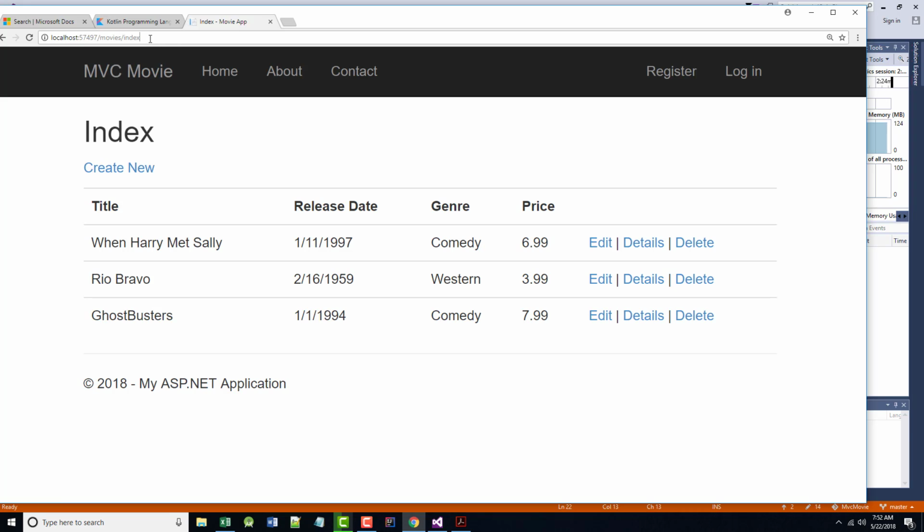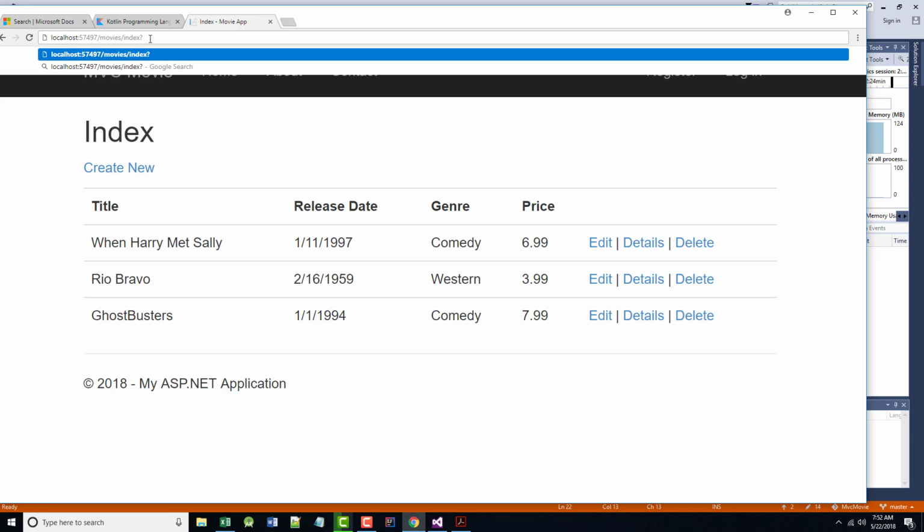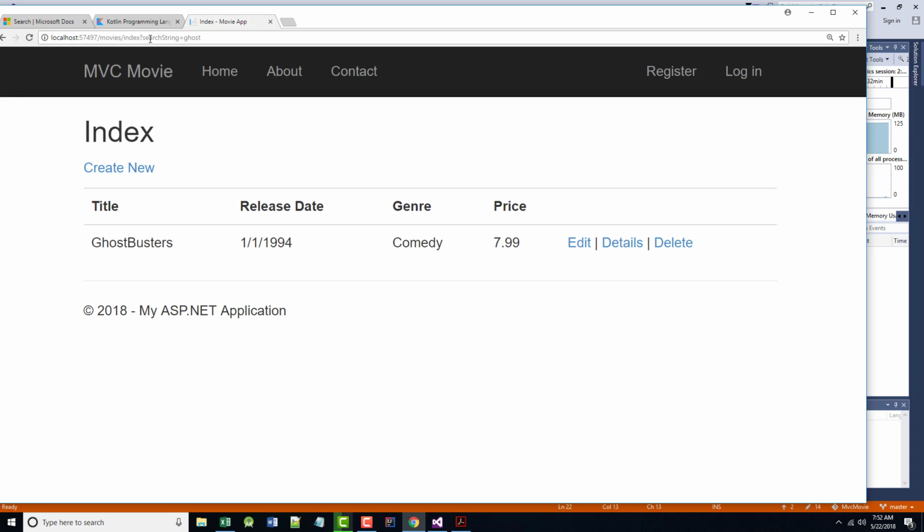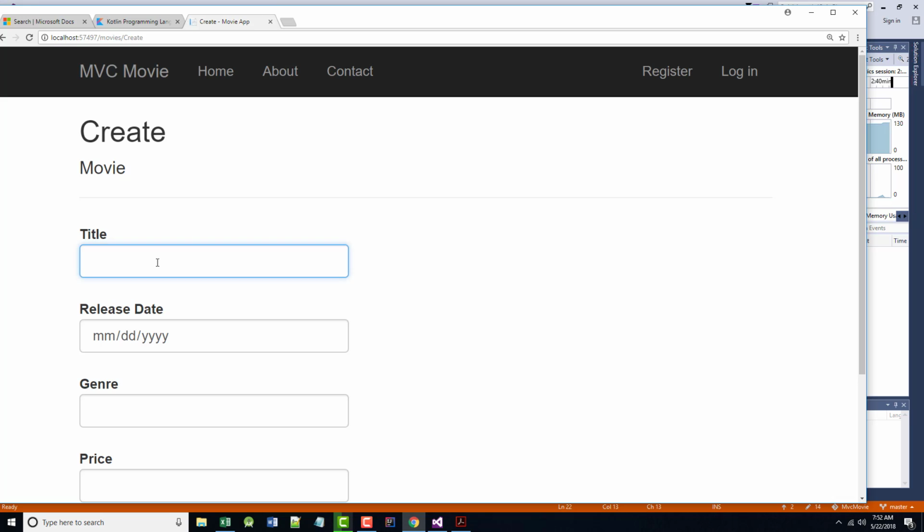And after this, I'm going to put in question mark search string equal, they tell you to use ghost here. And notice we get just Ghostbusters. Now, I'm going to come in and create a new one, and I'm doing it following it right out of the book,